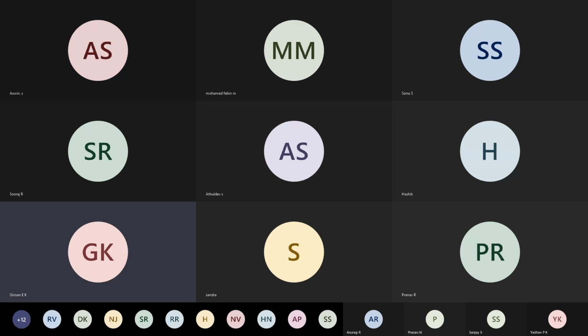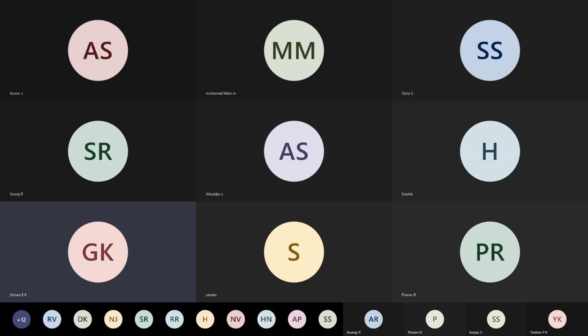Okay, then UBound and LBound, upper bound and lower bound. In an array we have the subscript with a starting and an ending. An array will have a group of elements with subscripts, a starting one and an ending one. UBound will return the largest subscript. Okay, 0 to 10 means 10 is the largest subscript, and LBound will return the lowest, that is the smallest subscript. So in order to know the lowest and largest subscript of an array, we can go for the LBound and UBound functions.